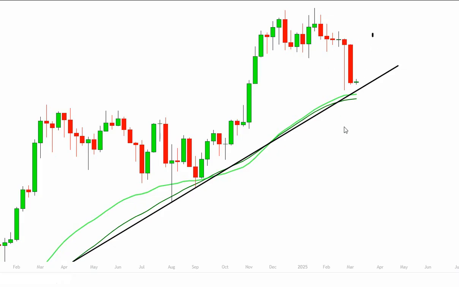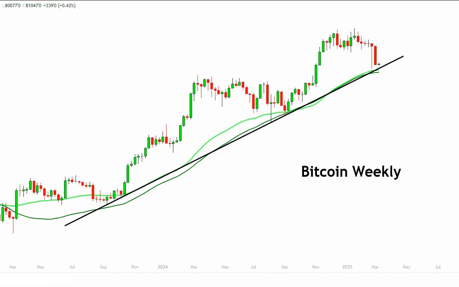move down. It may look something like this over here, or as we sold off right here, there's some type of recovery surrounding the 50-week moving average. So I'll be watching that closely. Again, not sure if we include the shadow or exclude it, but I wanted to present both of those scenarios to you. The Bitcoin weekly chart: an important trend line, important moving averages to be watching for the week.